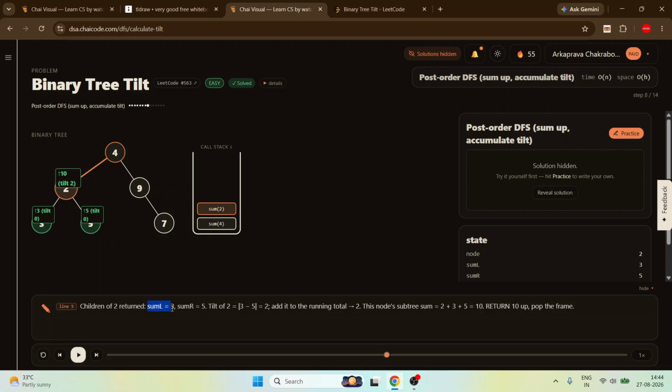The sum of the left is 3. The whole left part is 3. The sum of the right part is 5. The whole right part is 5. So the tilt of 2 will become the absolute difference of 3 minus 5, which is 2. Add that to the running total, and the node's subtree sum will become 10.